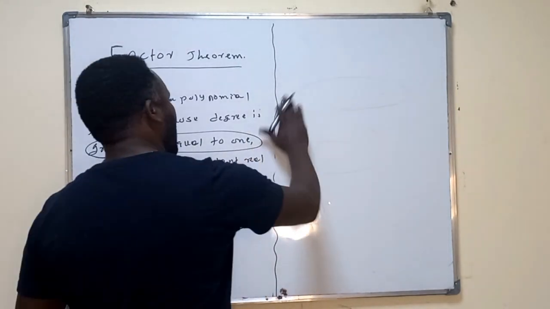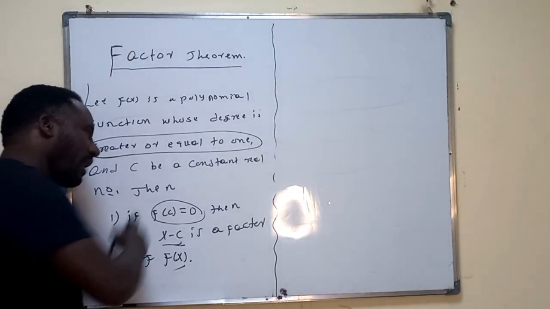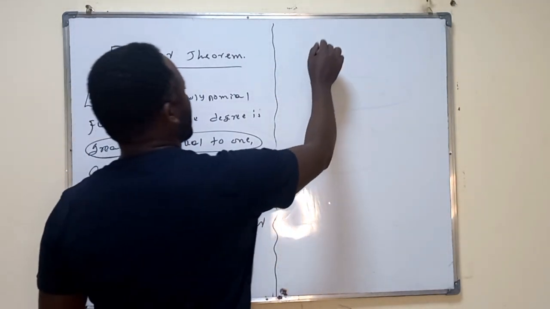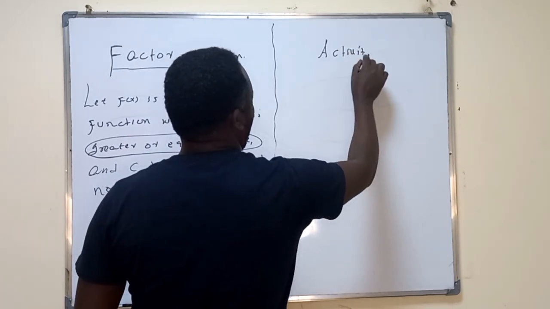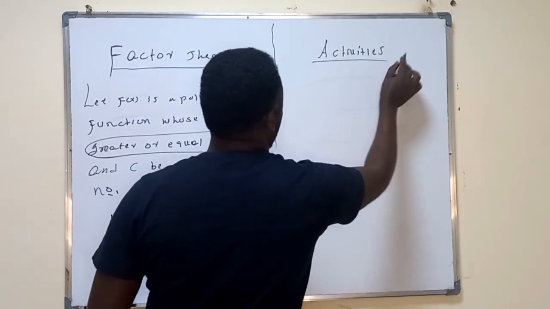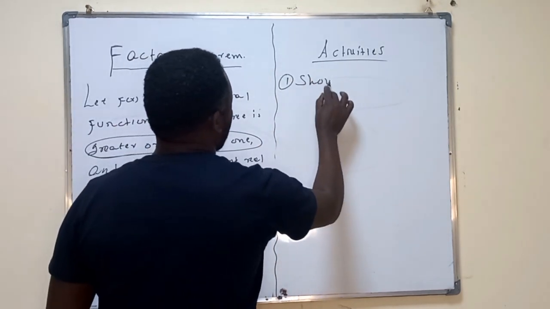We can bring a lot of examples about this lesson. Is that like this one? Now let's check. Let me give you just some activity. These are activities that you have to do. Activities. Look at this one. Show that. Now the first activity shows that